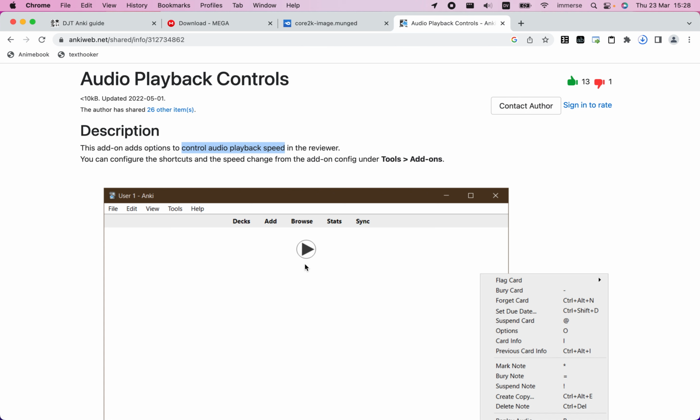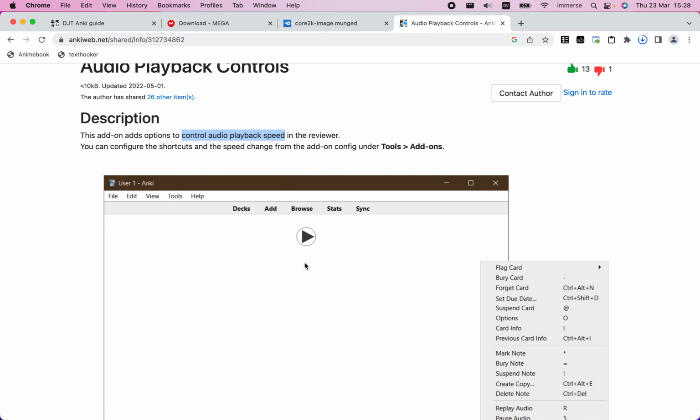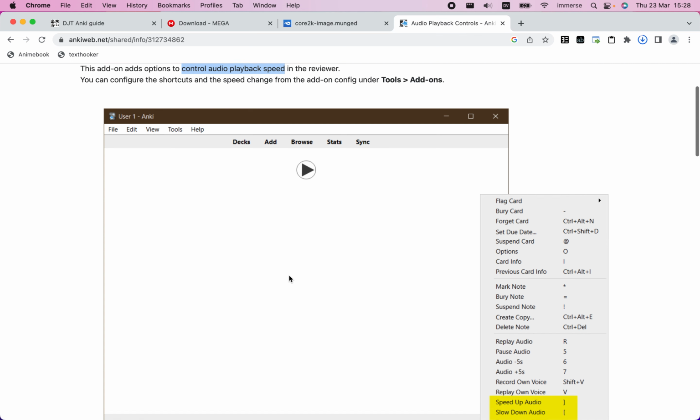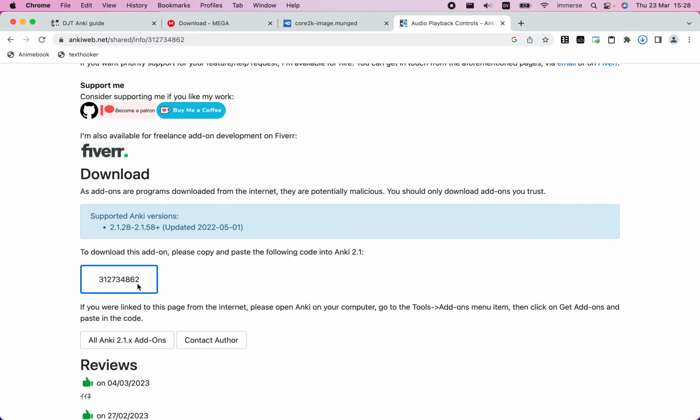So I found that the audio in the deck is very native speed, which for a beginner can be a little bit frustrating because the native speed is quite fast. It's nice to hear the native speed, but as a beginner, you might want to sometimes slow the audio down, and with this add-on you can do that. So it's very cool. So if you just scroll down and copy the code,